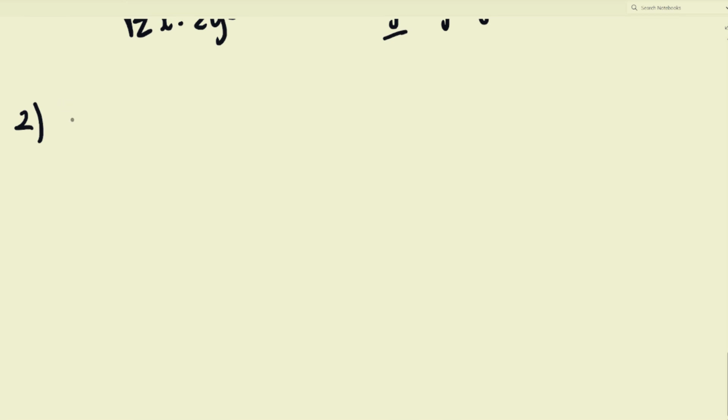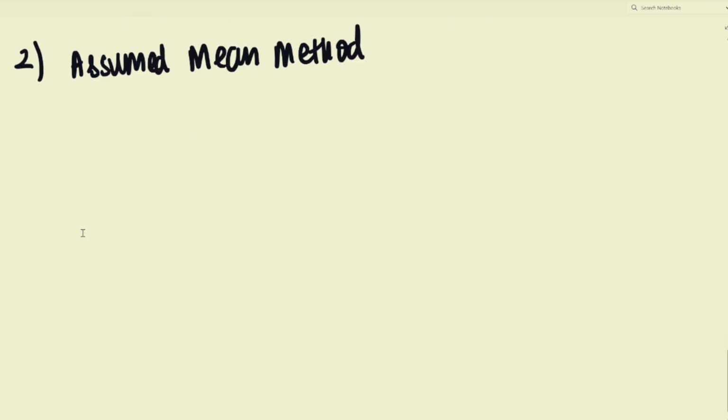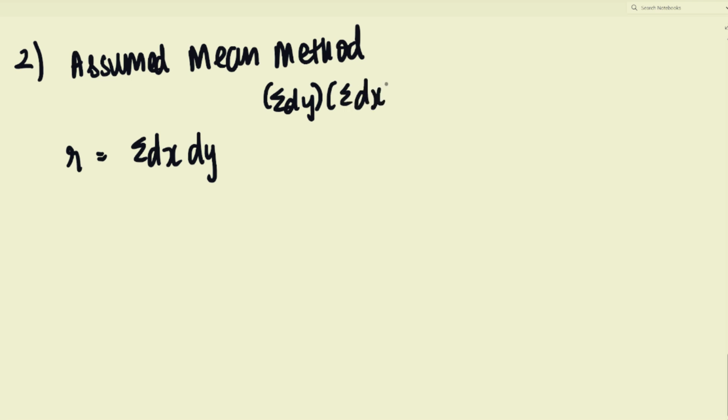Second one is the assumed mean method. This is used when the data is very large. So here the formula is a bit complicated. It is summation of dx dy, that is deviation of x, deviation of y basically,